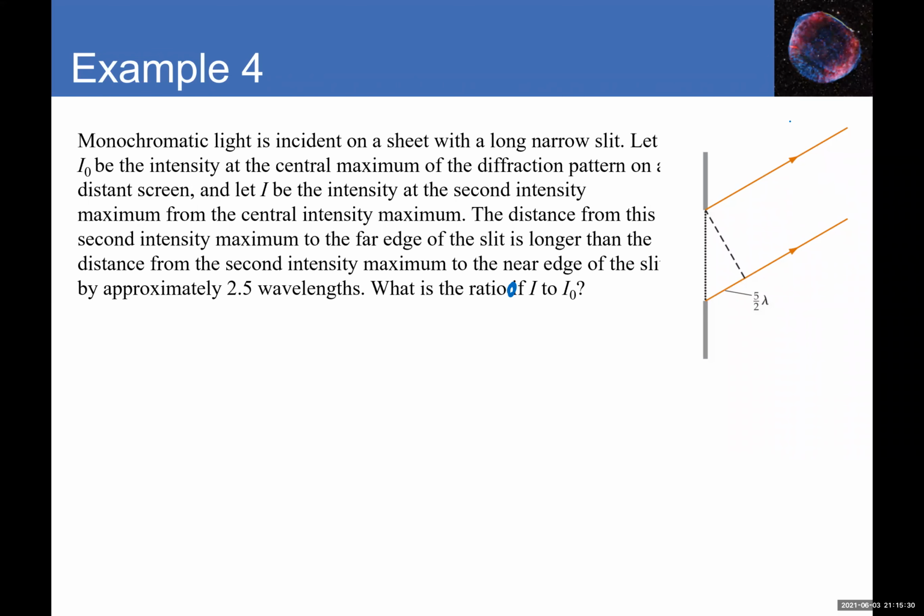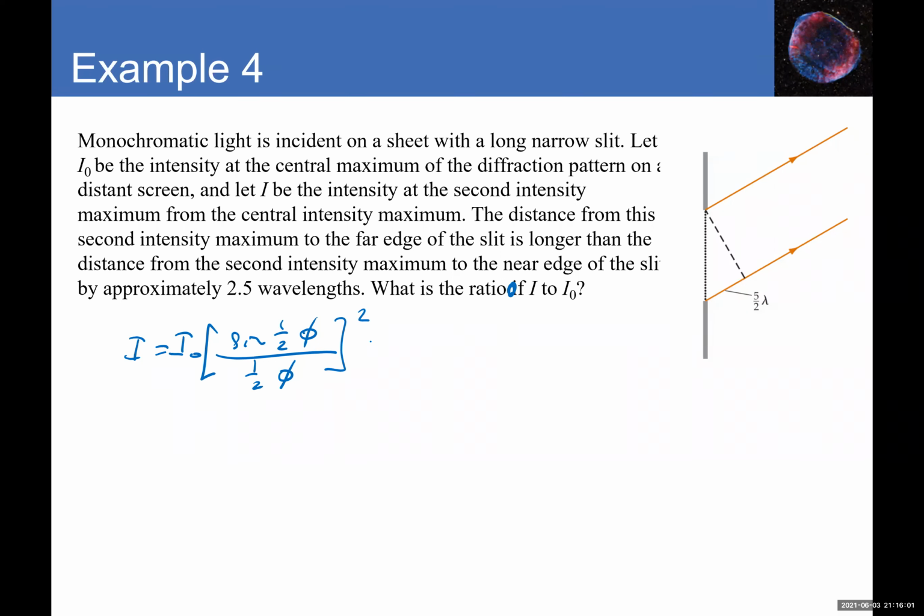I just realized that this is actually a single slit, not a double slit. So this example should have been in the next chapter. But in any case, I'll go ahead and solve it. So here, the equation for that is I equals I naught, then sine of 1/2 phi divided by 1/2 phi, which is the equation for the intensity